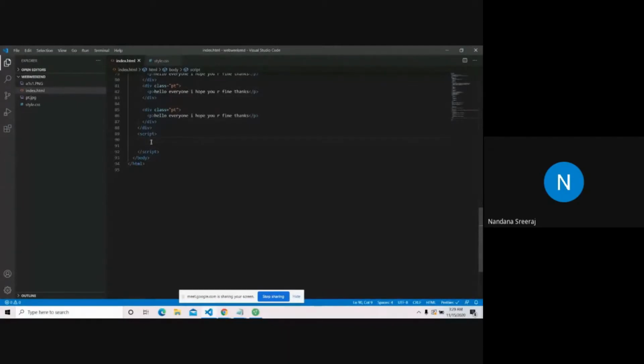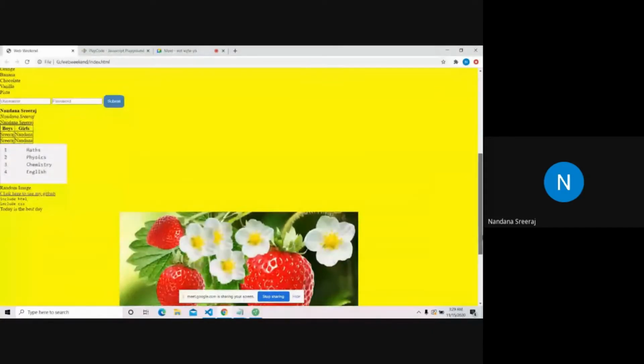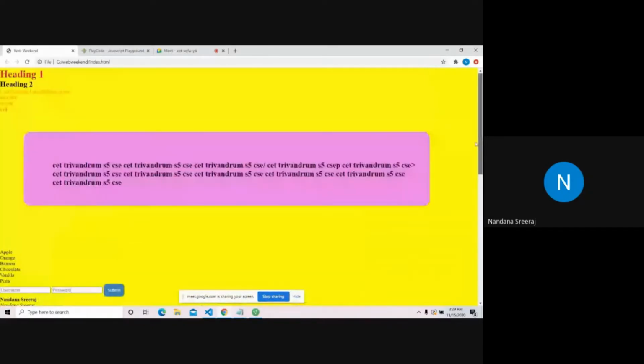So I'll declare a variable, var x. What do we have to do? We'll do something small. I earlier said that we use JavaScript to change colors, visibility, everything. So we'll change the color of something here. We are going to change the color of this heading 2. This heading 2 is by default black. So when we click on this submit button, the heading 2 should change to pink color, and when you click it again, it should come back to the black color. We'll do something like that.